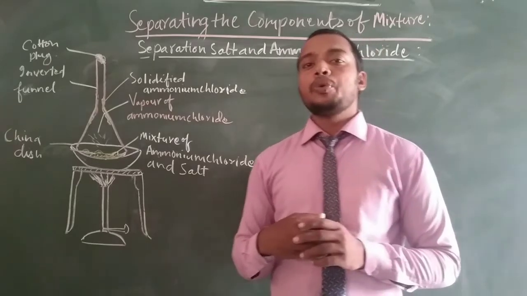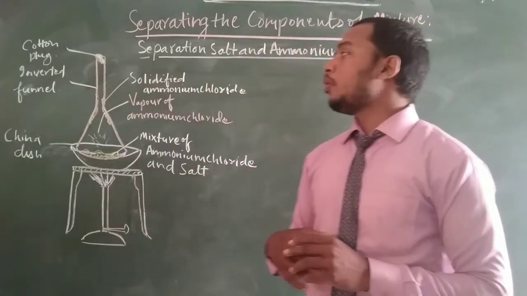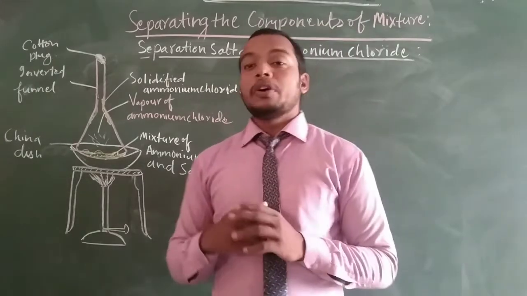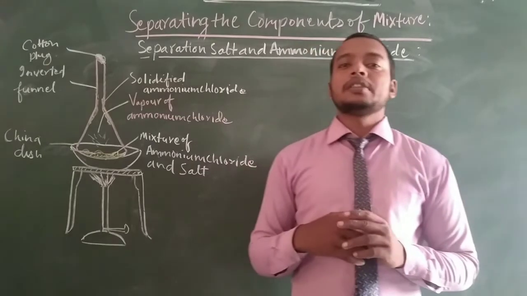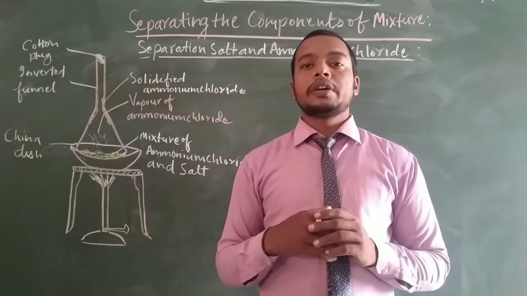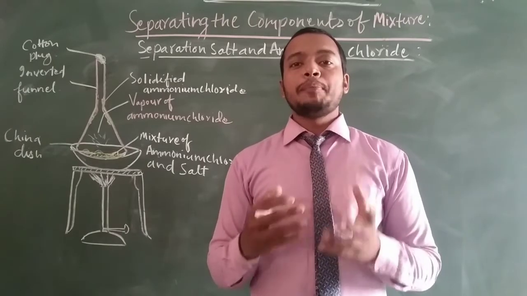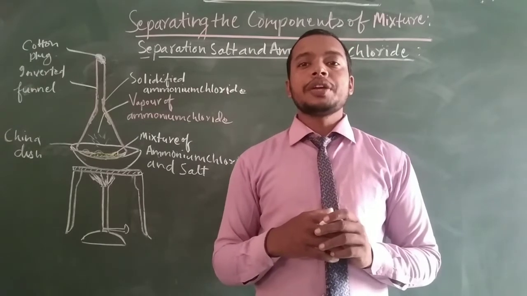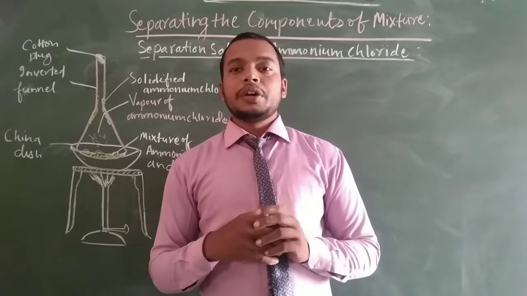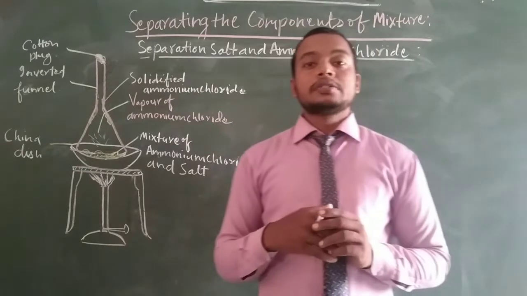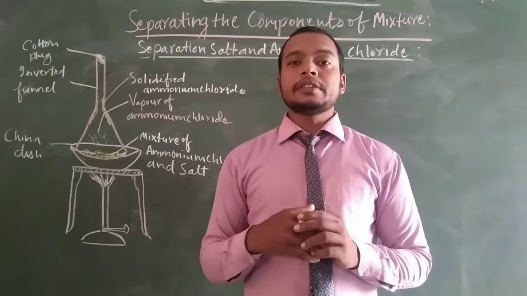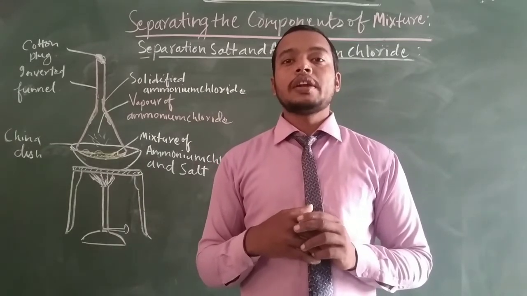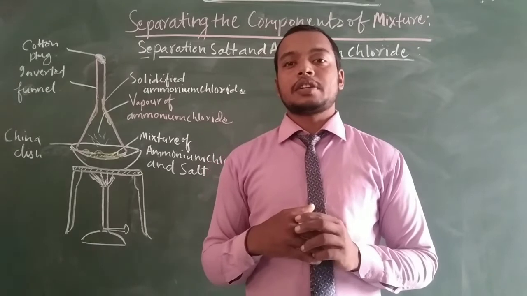After heating, the maximum amount of solidified ammonium chloride aggregates on the neck of the inverted funnel. We obtain the ammonium chloride that we want. In this way, we separate the impurities or the mixture involved with the ammonium chloride. The method we have used is sublimation, which means a substance that after heating gets converted from solid into gas without reaching the liquid state of matter.